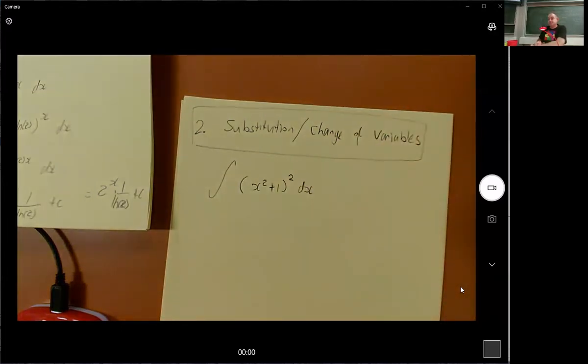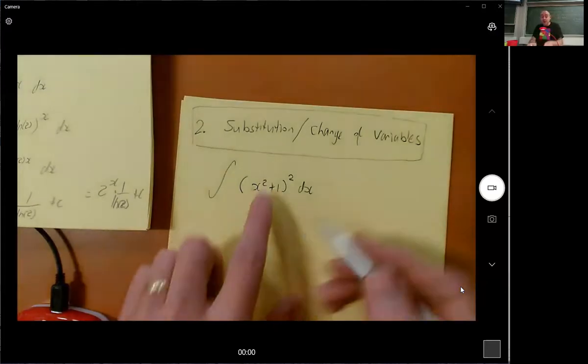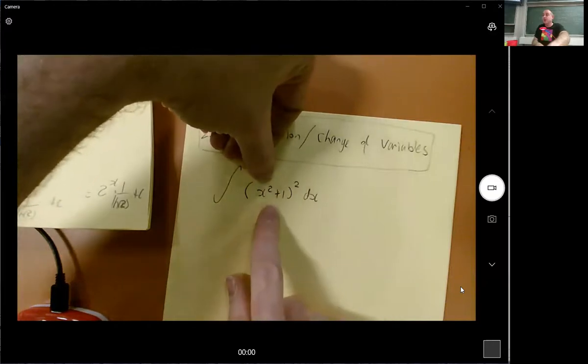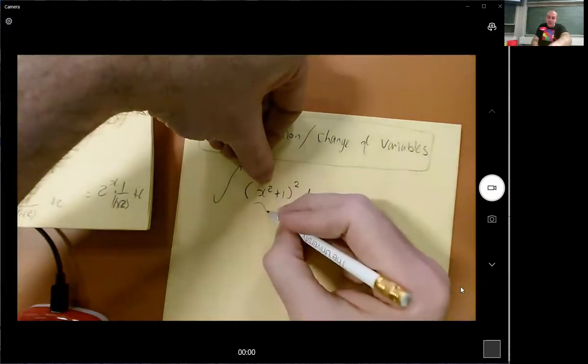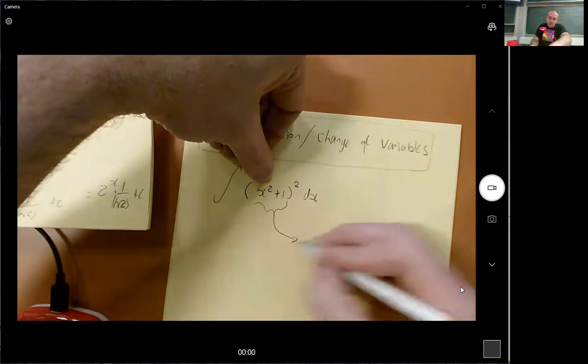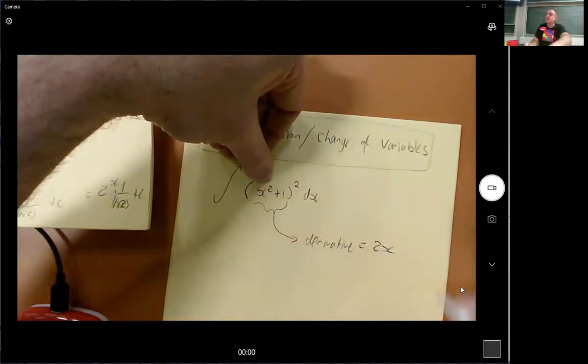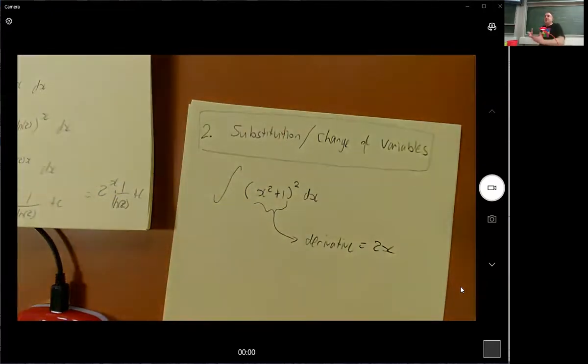Okay. So this problem here is actually a bit of a psych. You can't use substitution for this one. But you would like to, right? If it was just an x plus 1, we'd know what to do. But it's not, it's an x squared. And the problem is that the derivative of this bit is 2x. And I can't just go dividing by 2x along the way, because if I did divide by 2x